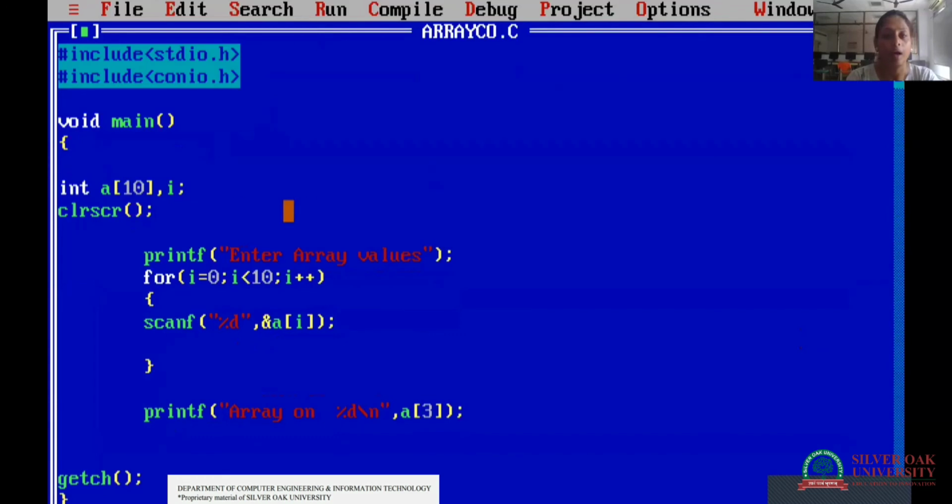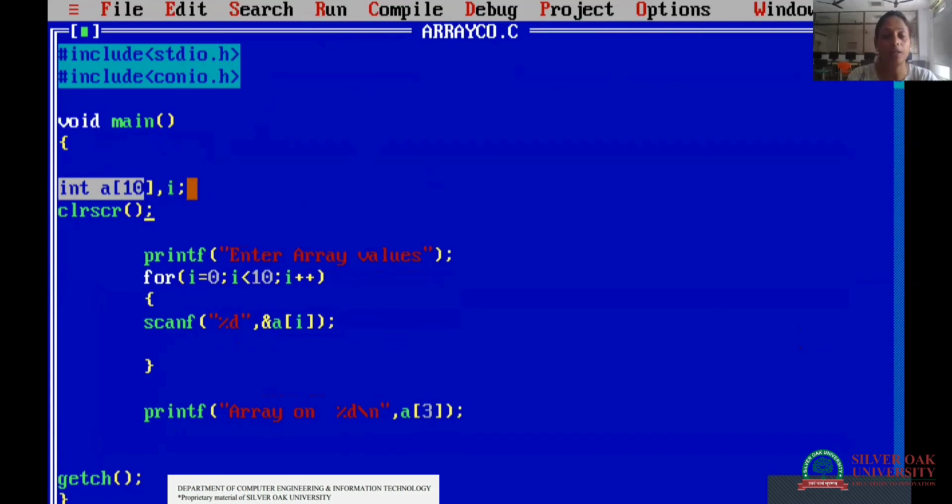So see, this program contains one array. Now how do you identify where your array is? Your array is this part. You can easily bifurcate the array with this index number box. Here int is the type of array, A is the name of array, and 10 is the size of array. So this line shows the declaration of array in my program.